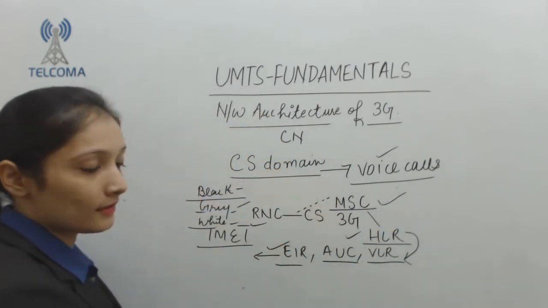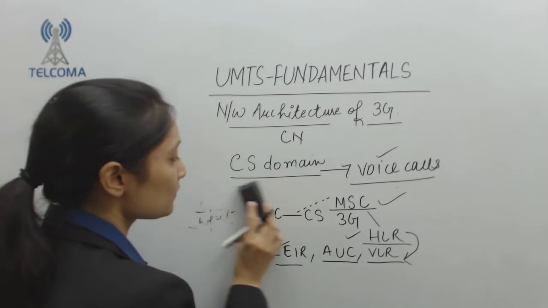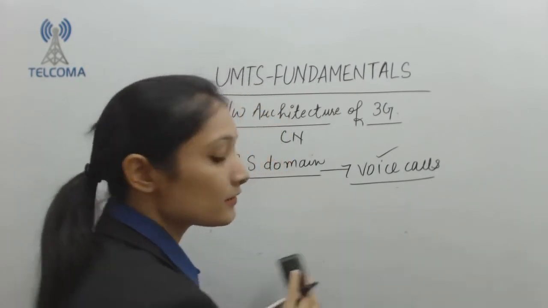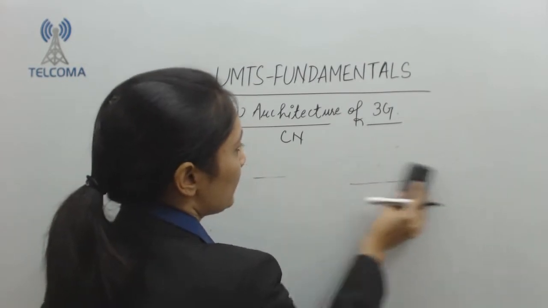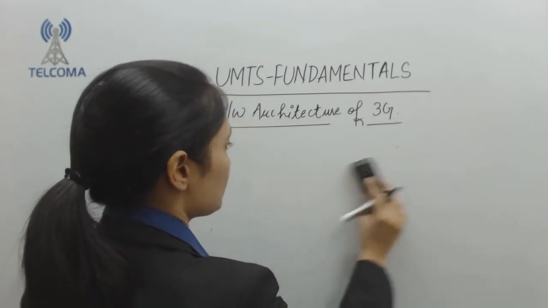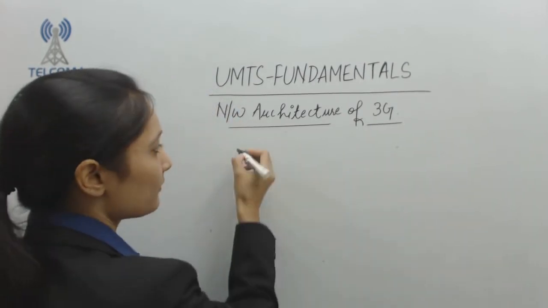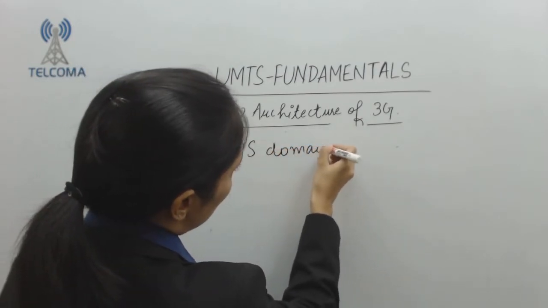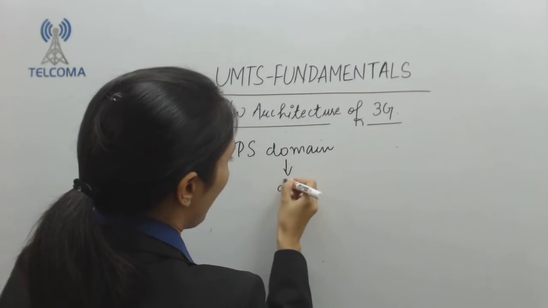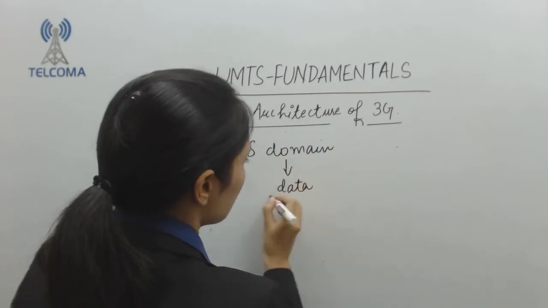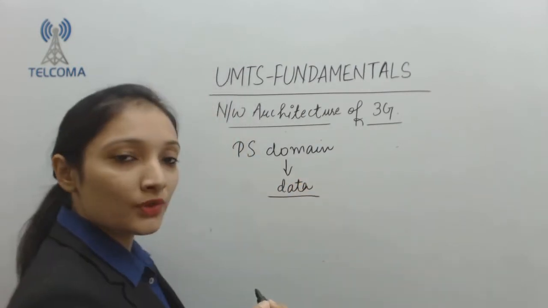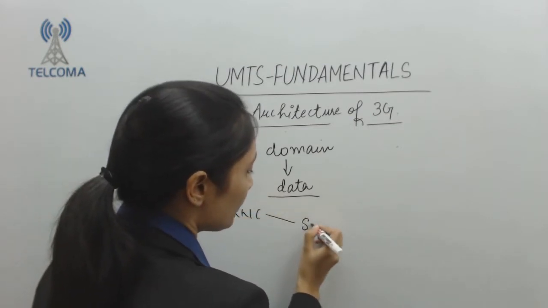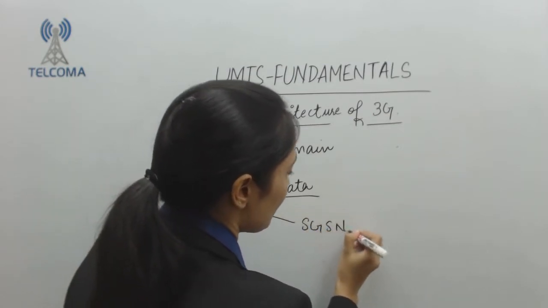So these are the various databases used in circuit switched domains, and this domain is used to make the voice calls. So the next domain is our packet switched domain. That means it is used to provide the packet data. So the entity which we are using here is that RNC will be connected to SGSN and